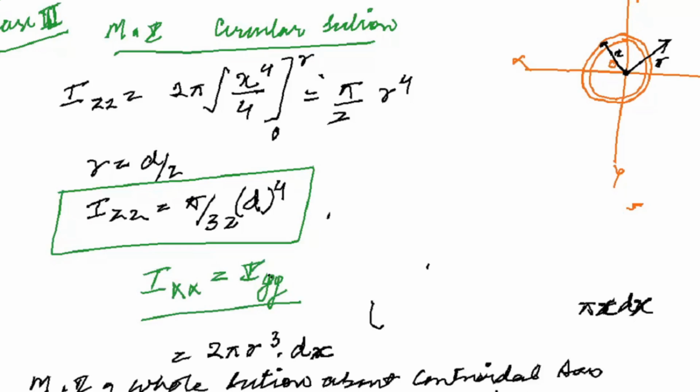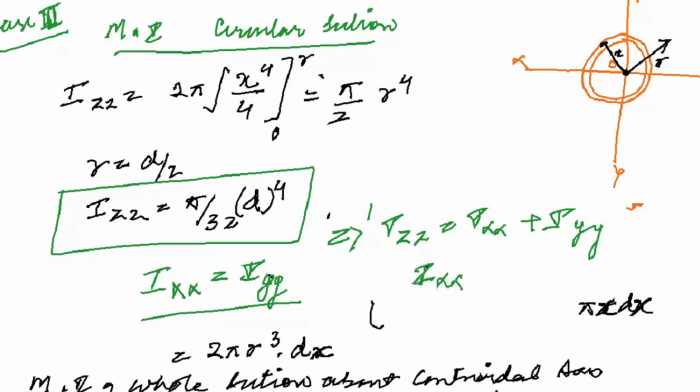So as per the perpendicular axis theorem, we know that Izz is equal to Ixx plus Iyy. We know this. Therefore,